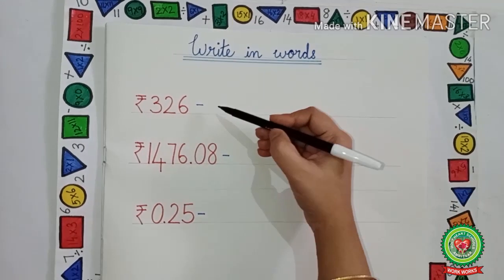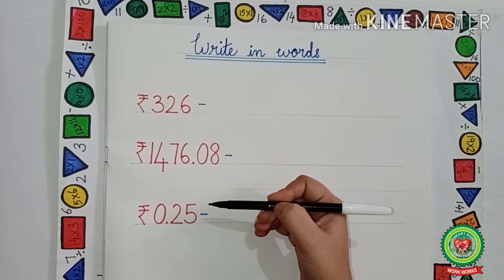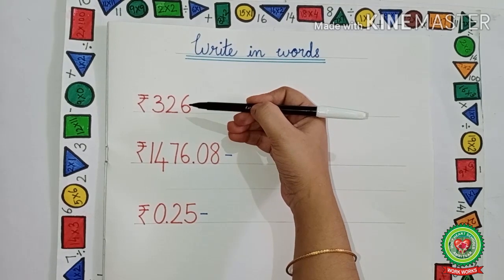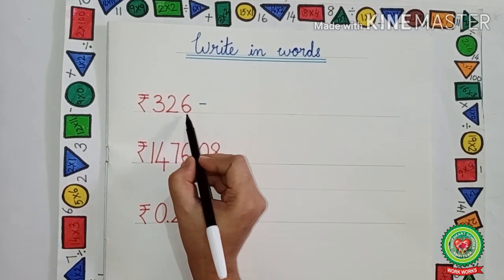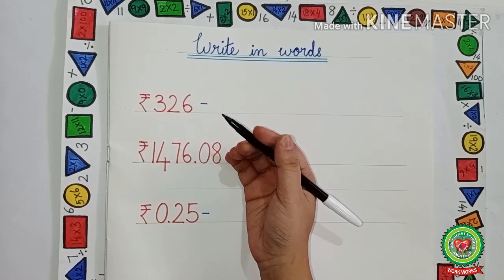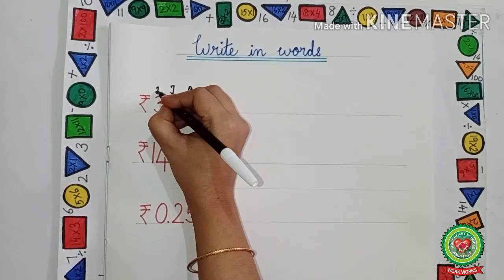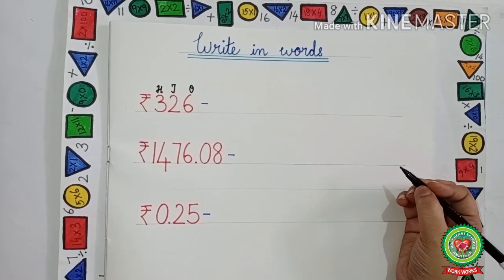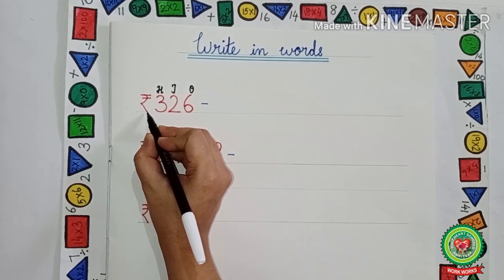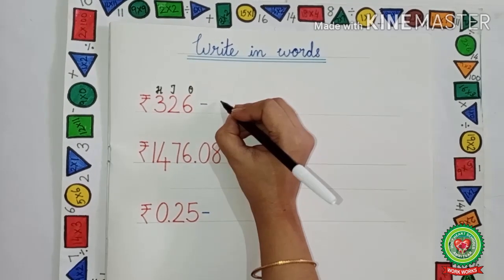Now kids, we have to write these amounts in words. To write the amounts in words, first of all we will have to write the place value table above the number or the amount that is given. Now over here the number is given. We will first of all write the place value chart starting from the right hand side. That is ones, tens, hundreds. Now it will be easier for us to read it. Now this is the symbol of rupees. Yes, we know that this is the symbol of rupees. So over here we will also write rupees.